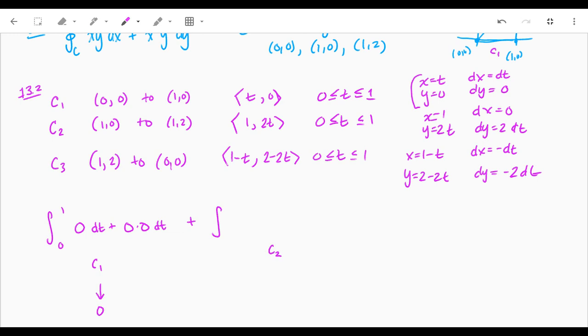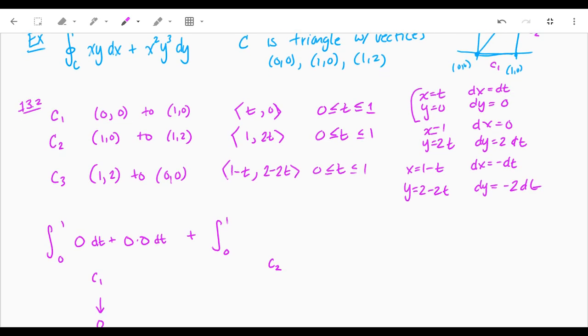Again, from t equals 0 to 1, we need xy dx. So xy will be 2t, but dx is 0. And then x squared y cubed would be 8t cubed, and then dy is 2 dt. And then along C3,